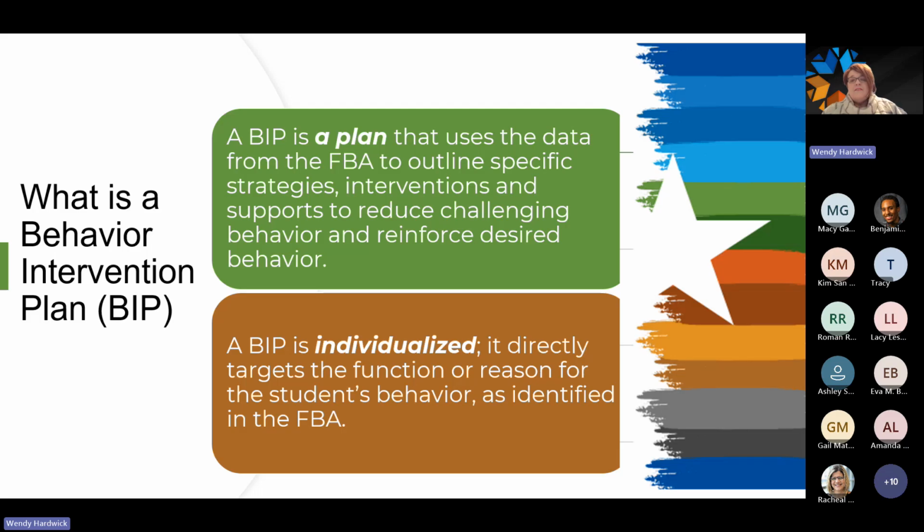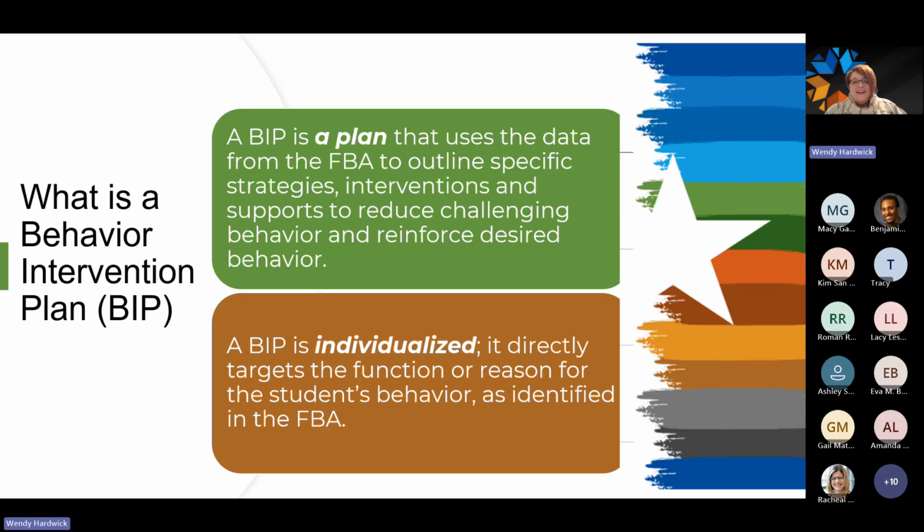So we've recommended an FBA. An FBA has been conducted. We have provided the data and information to whoever's conducting the FBA. At that point, we're going to transition into a behavior intervention plan, a BIP. You'll hear it referred to as BIP, B-I-P, or the behavior plan.